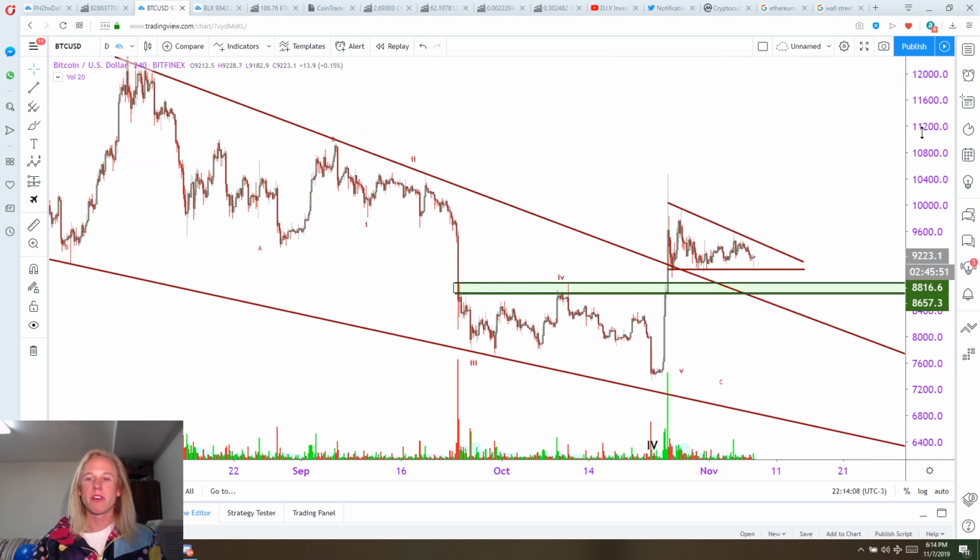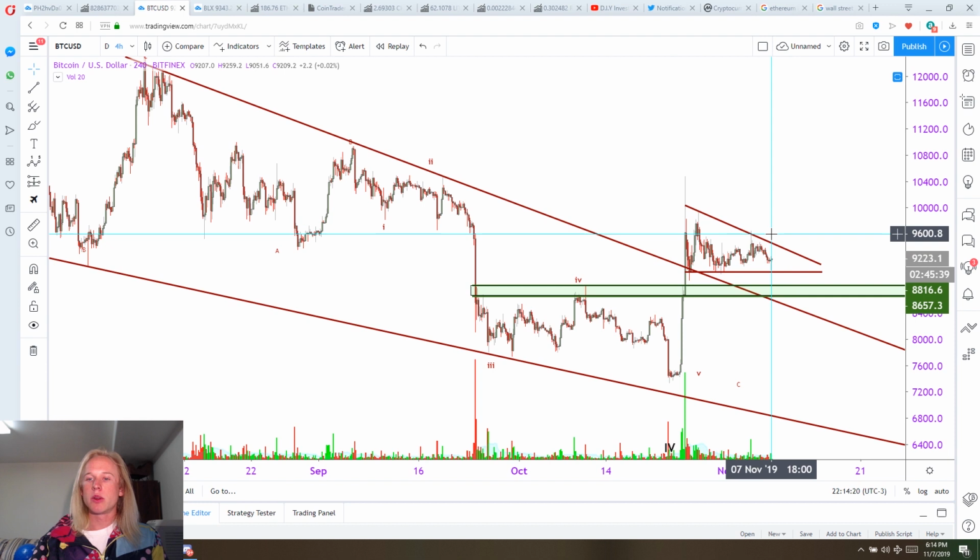I'm more of a long-term investor. I can trade price action, but really I'm waiting for market conditions to be a little bit better for that. So what we're watching now, and currently what we're going to be updating on with Bitcoin, is just this range and how we're going to break out of this consolidation.